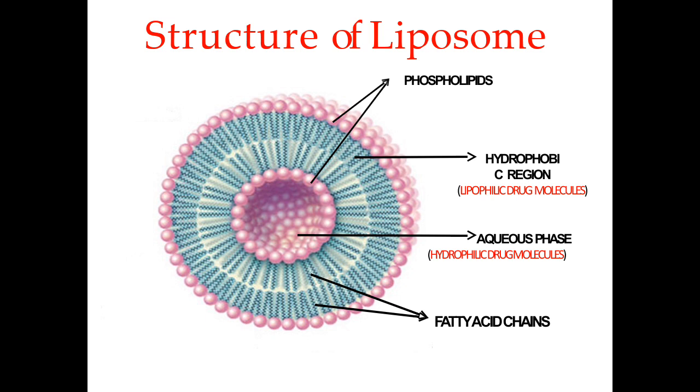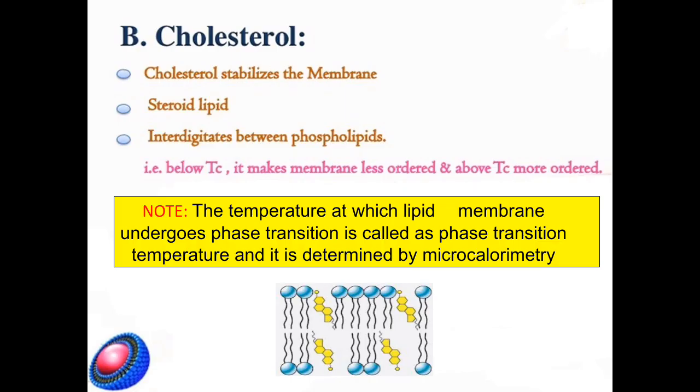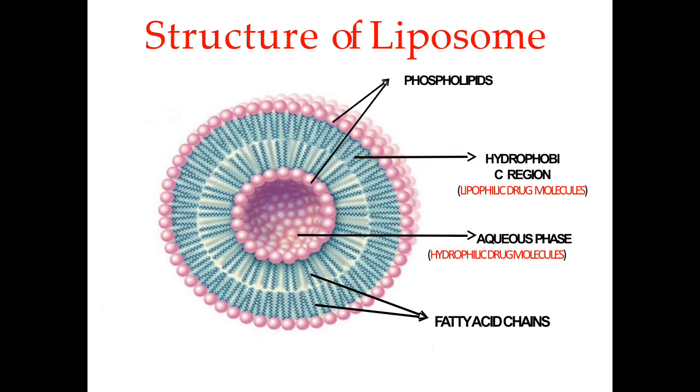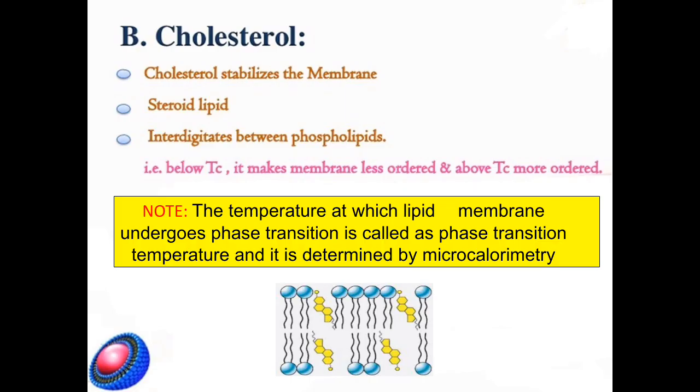Outside the small central sphere, there are different wavy-like structures, which are nothing but your hydrophobic region, the region of your lipid bilayer, wherein you are able to incorporate your lipophilic molecules. And when we talk about the middle and the outer sphere, which is of pink color, that is nothing but your phospholipids, and there is the formation of the tails, which is nothing but your fatty acid chain.